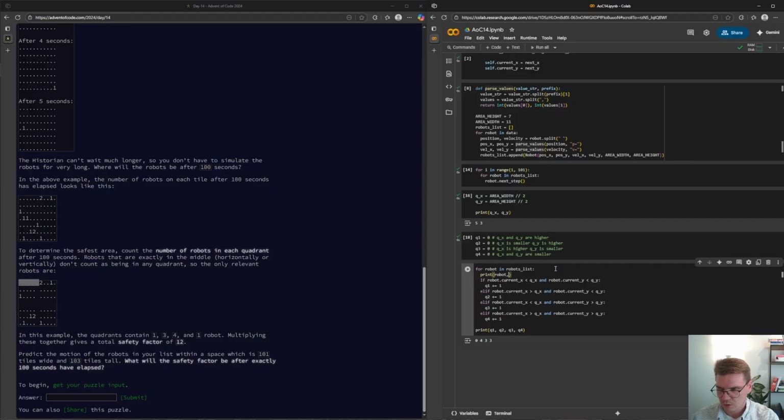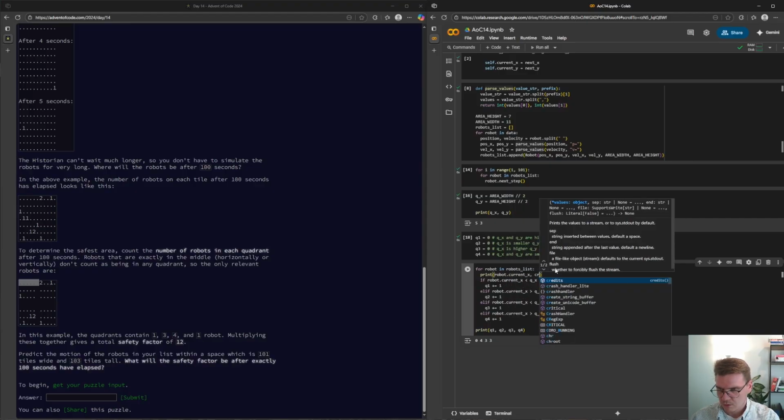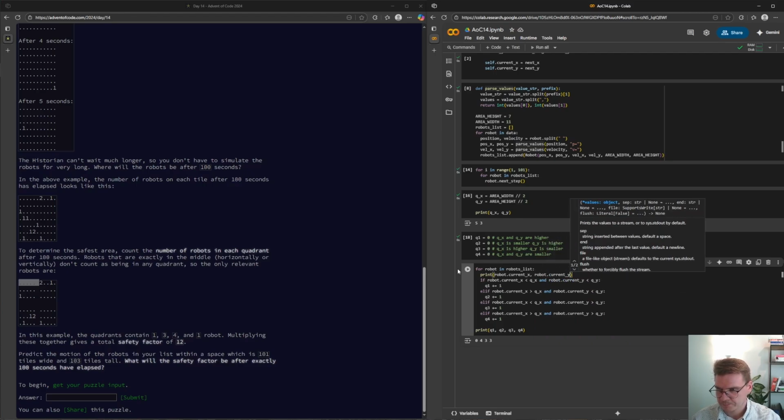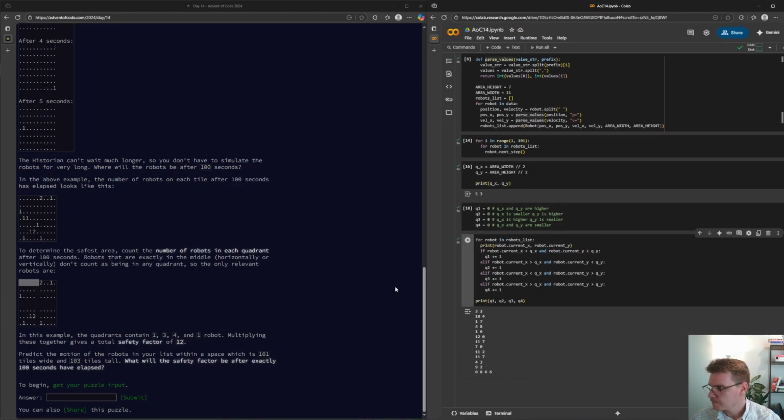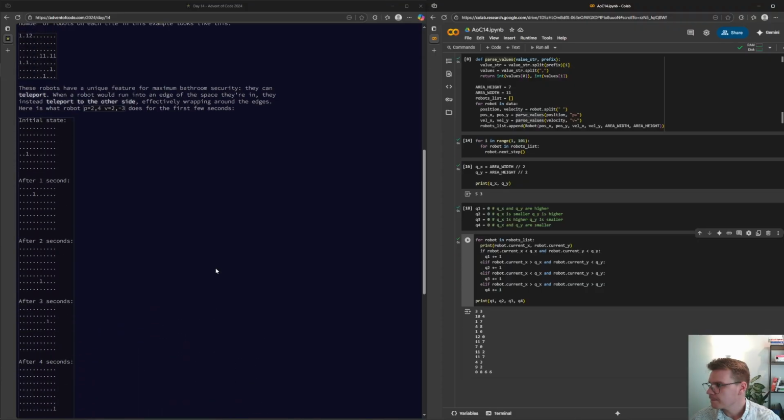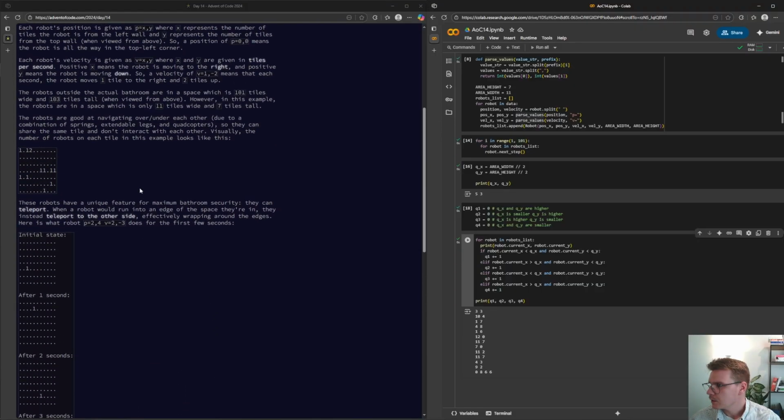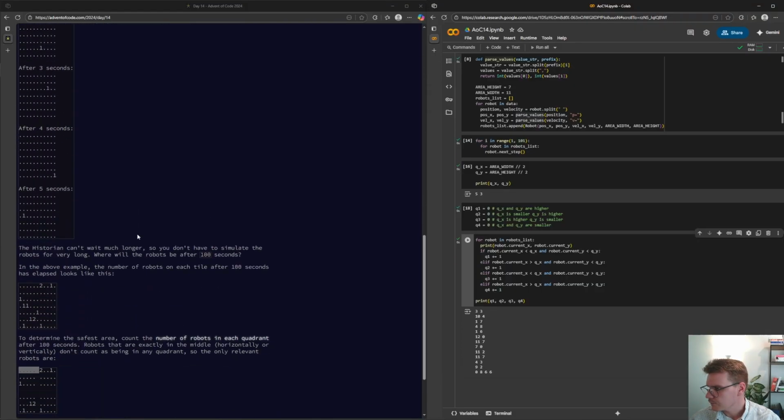Robot current x, robot current y. Was this 100 or just 5?